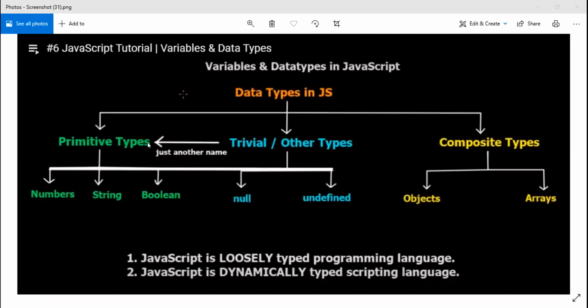First one is primitive, second one is trivial, and third one is composite. In primitive data types, we have number, string, and boolean. And in trivial, we have null and undefined. And in composite types, we have objects and arrays.